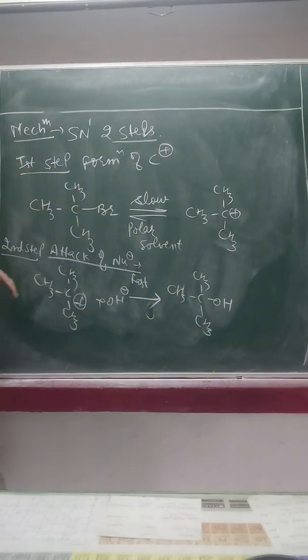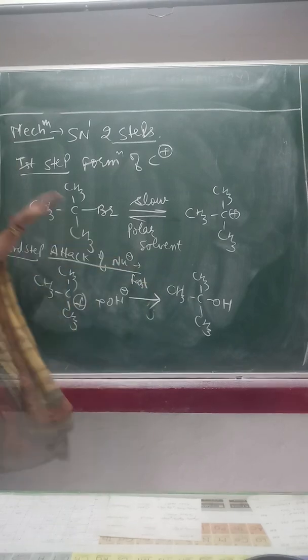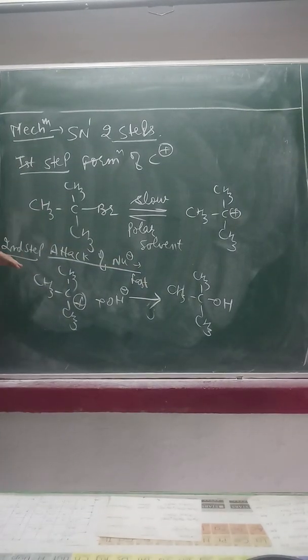So if you simply see, here bromine is replaced with the help of this OH group, but this replacement occurs in two steps. Now why are we calling it unimolecular? Because rate of any reaction depends only and only on the slow step. And students, if you observe the slow step, then in the reactant side, only one molecule is participating. Only this reactant is participating. So rate will depend only and only on this molecule. That's why this reaction is known as unimolecular.